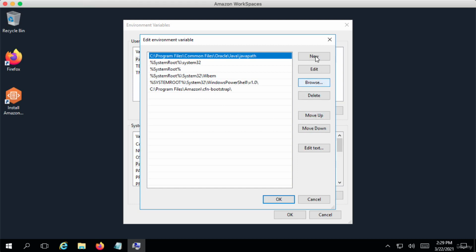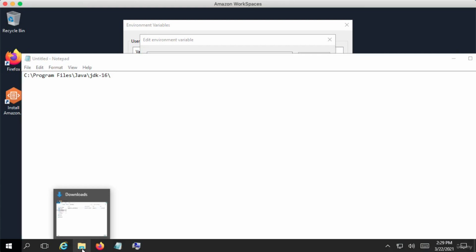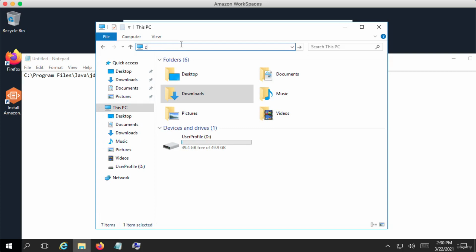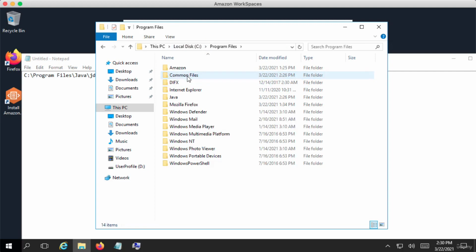What we would want to do is create a new value in here. And what should the value be? What you can do is go to Windows Explorer. Over here I can type in C:/ in here. This would take me to the local disk C:, and over here I'm looking for program files, and inside program